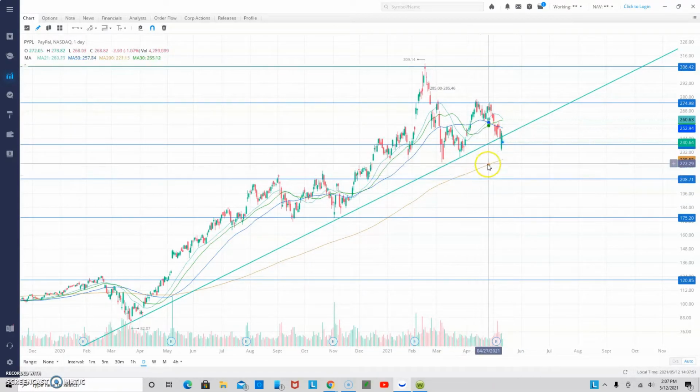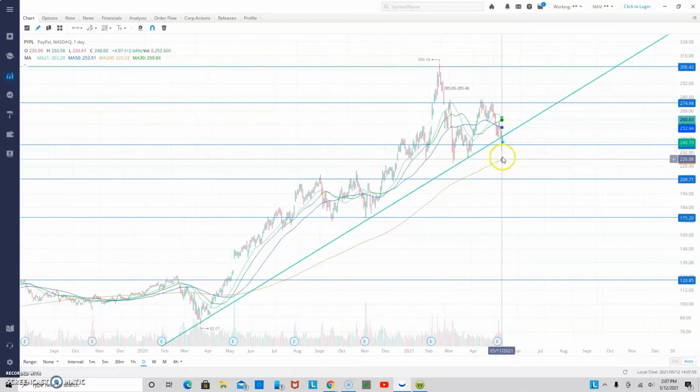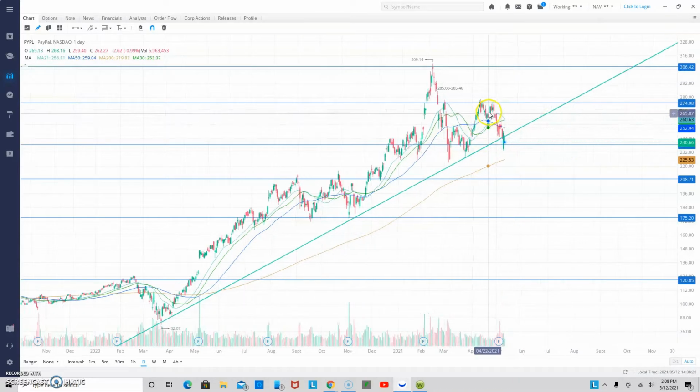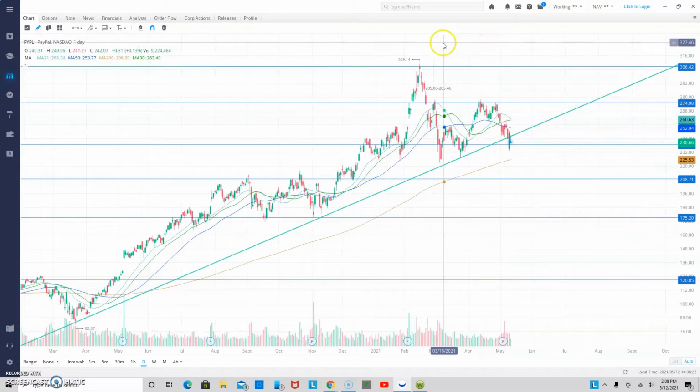And also we're getting pretty close to our 200-day moving average on the daily chart. So that'll also be support if it does continue to fall past this support right here. The 200-day moving average is currently sitting at $225.53. So that will be a level to watch if this correction continues and the stock continues to fall past this 240 support right here, which I don't expect, but we will see in the future